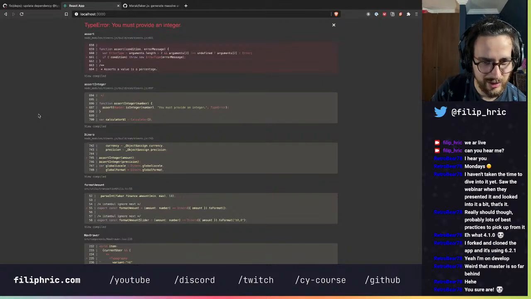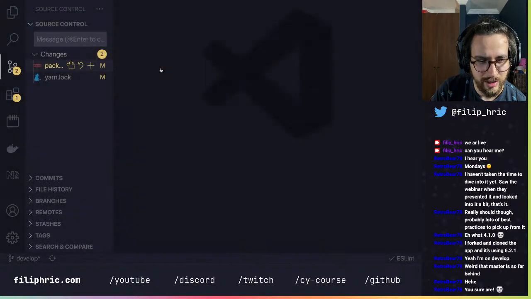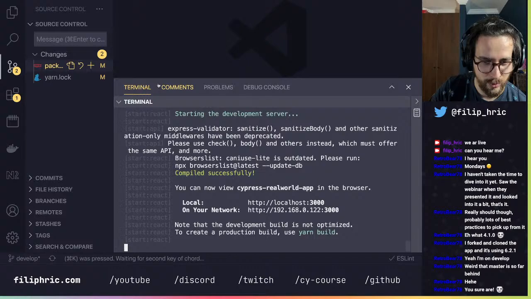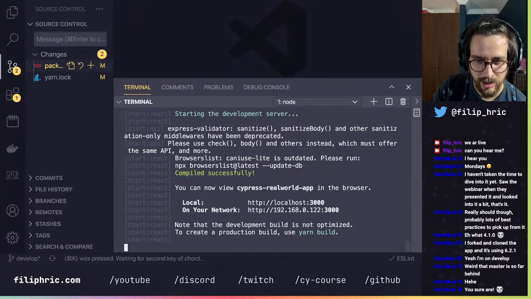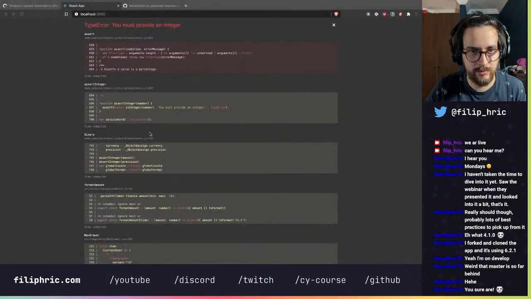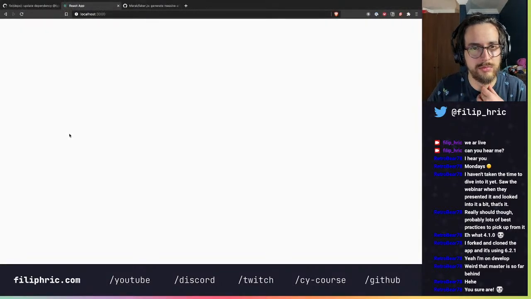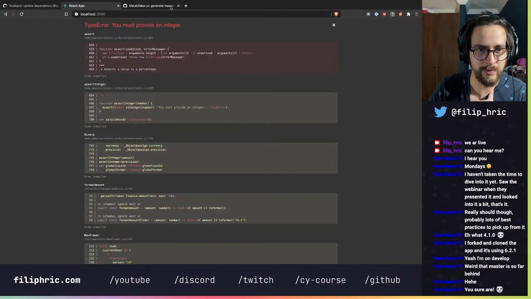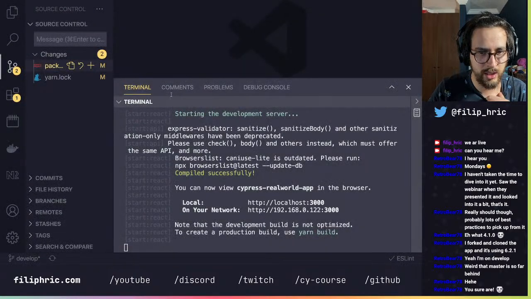But this time it's actually, you must provide an integer, dinero JS. It's acting out, for some reason it doesn't like what we are doing. Not sure what we are doing. Yeah, it's still the same. So the faker is not the problem.